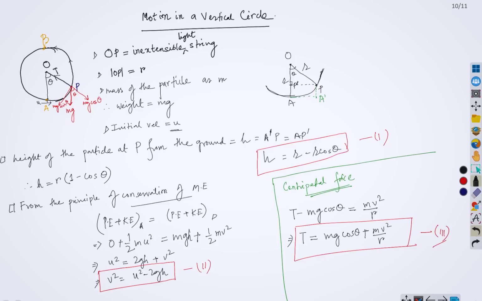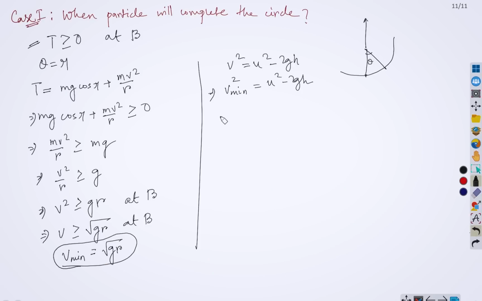So the motivation here is, what is the minimum initial velocity required so that this particle should be able to complete the whole circle. This is the motivation. We want to determine that, because u is in our hand, v is not in our hand. So by substituting this value here, we will be able to get that minimum value of u, so that the particle will be able to complete the whole circle. Yes? So we will write this u as u min,